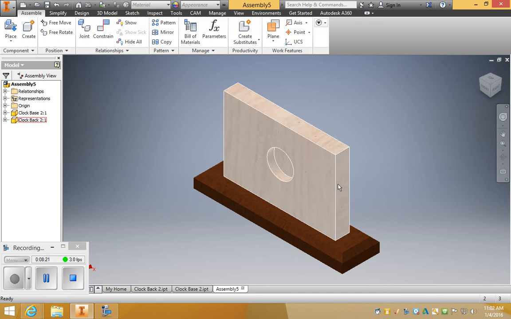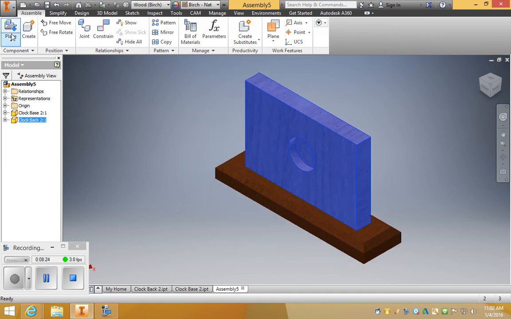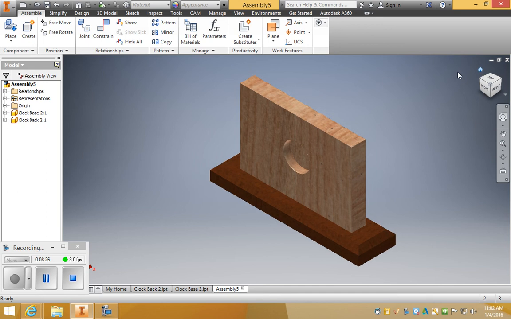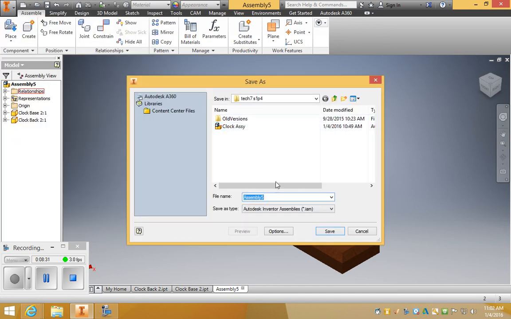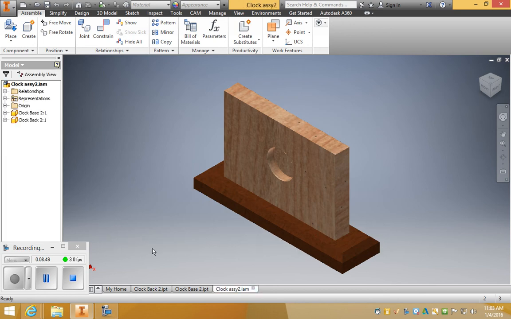Right now, if I grab this, everything's all locked in. Again, I want to make sure I fully save it. You want to save it on your desktop, on your N drive, on your flash drive, wherever we can save it, so that we will not lose it. Lock assembly 2, and we'll save it. What we'll do next is talk about putting it on our paper and on our title block and